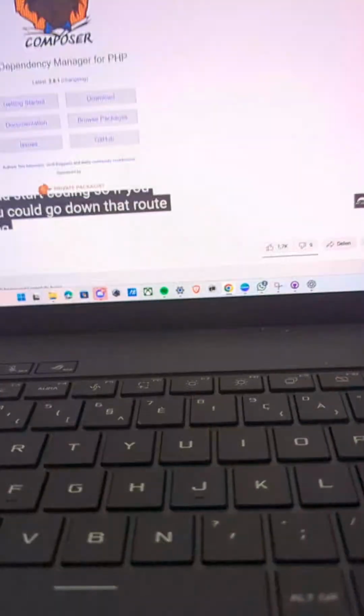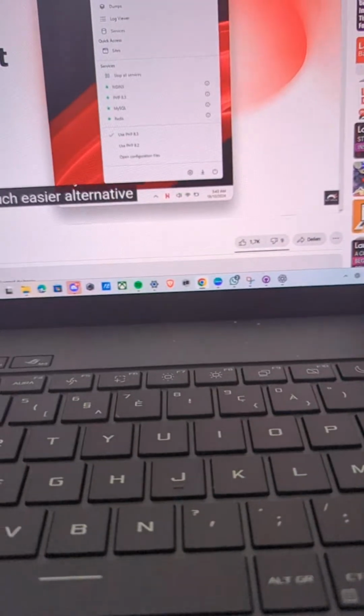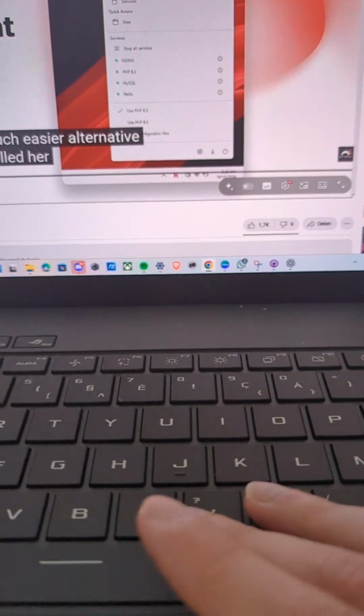But all of that was sorted, you could eventually spin up a new Laravel application and start coding. So if you wanted to, you could go down that route and everything would normally work out fine. However, a much easier alternative is to use a tool called Herd, which